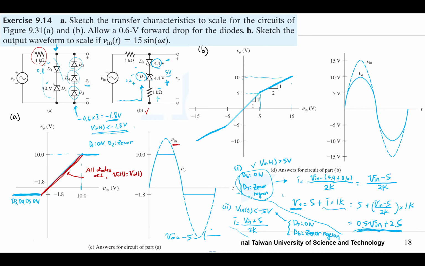This is V in plus 5. Am I correct? VM minus 5. How about let's write it here. We have VO equals minus 5. And we have this current. We have this, the current is minus,